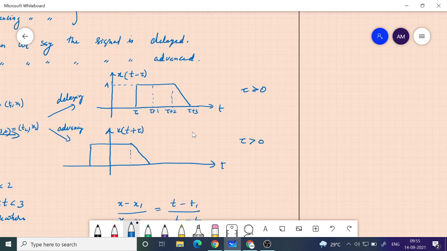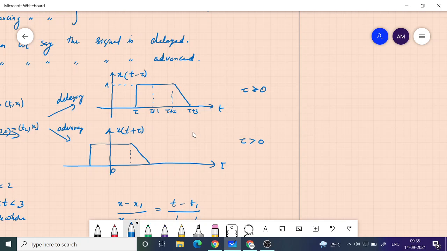So the same thing you can do with t plus tau also, and when you try to draw the graph from the resulting expression, you will have the signal getting started earlier, before t equal to 0. So this is 0, and before that, say minus 1 or somewhere like that, it would get started. Therefore we are saying that it has advanced. That means the actual signal which was supposed to start at t equal to 0, the advanced signal will start earlier at time t equal to minus 1. Is that clear? Yes, sir.